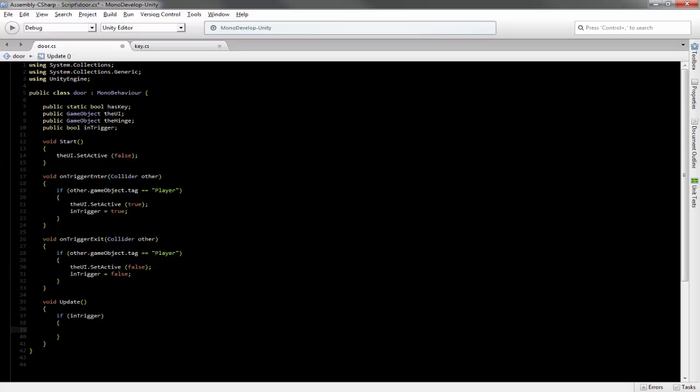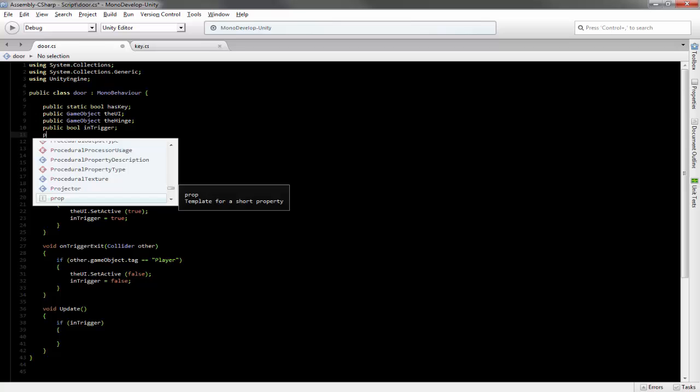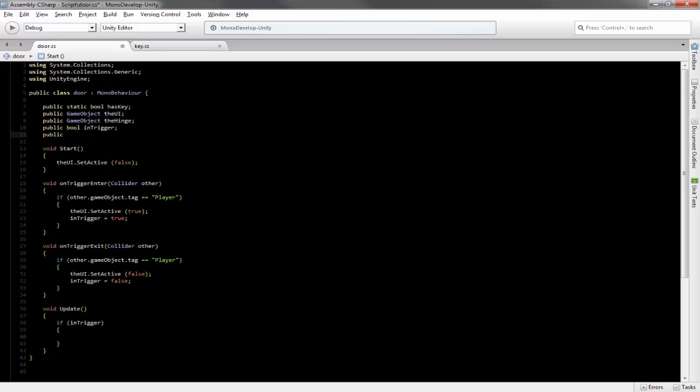oh yeah, we need to know the state of the door, whether it's open or closed. Public bool isOpen. So if inTrigger and if isOpen is false, just put an exclamation point before the isOpen, which means you'll check if isOpen is not true, so it is false. Then